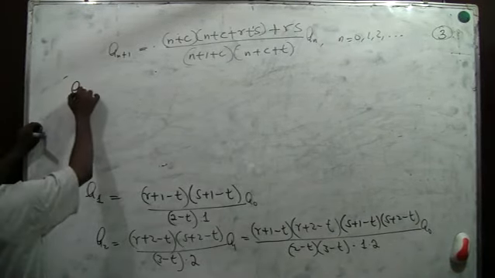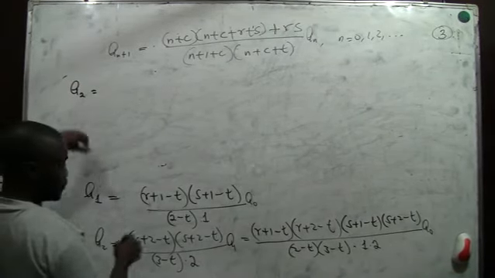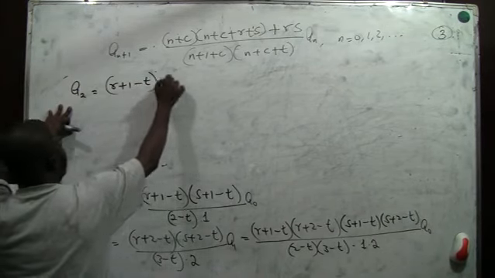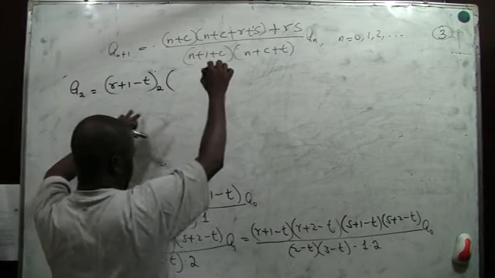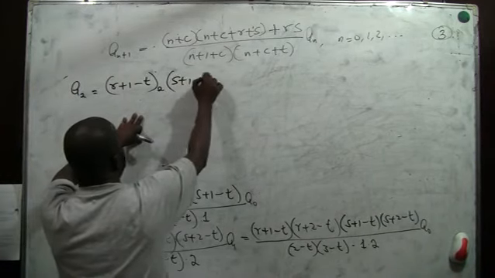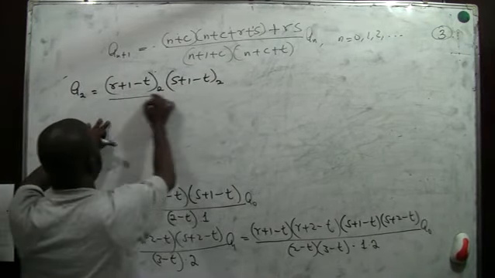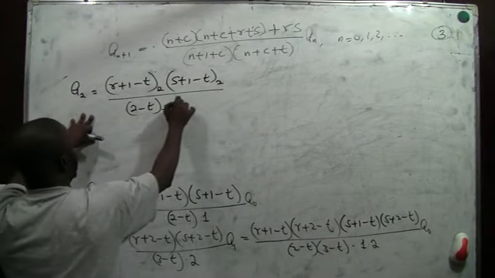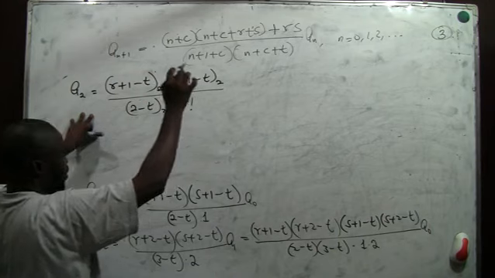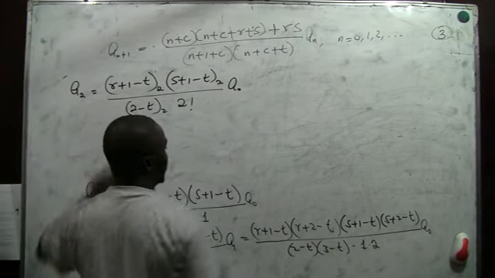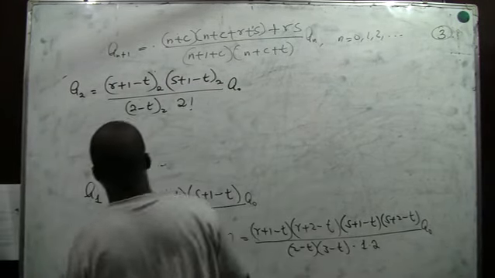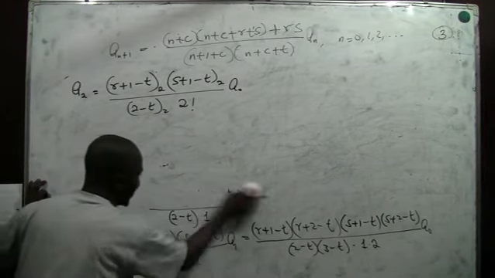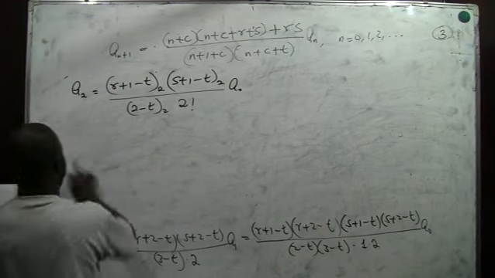A2 equals (r plus 1 minus t sub 2) into (s plus 1 minus t sub 2) divided by (2 minus t sub 2), factorial a naught. Now, following the same line of argument with the previous solution, I can generalize from this point